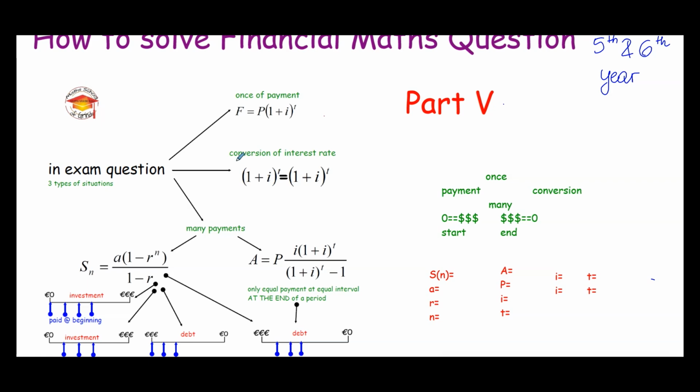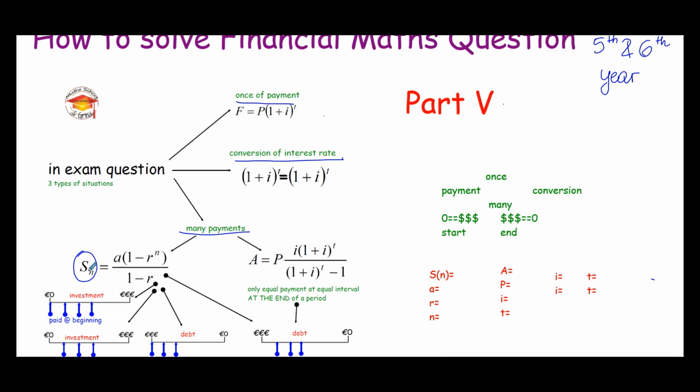Are we dealing with conversion rate? So let's say yearly to monthly, monthly to yearly. Are we dealing with once-off payment or many payments? When it comes to many payments, that's when it is more complicated, because either we are dealing with the SN formula,